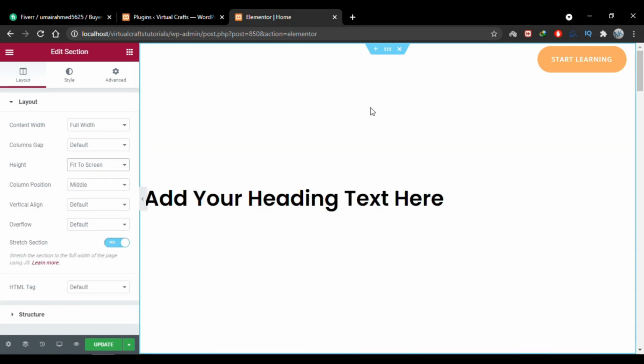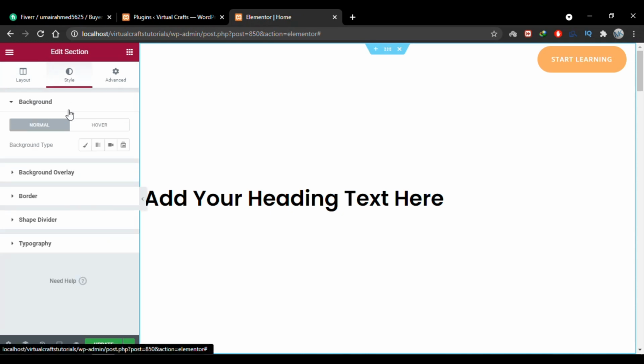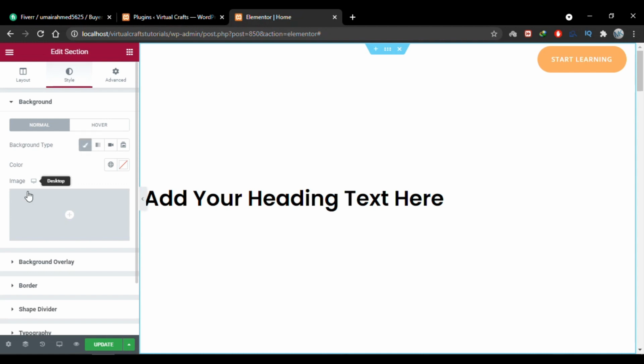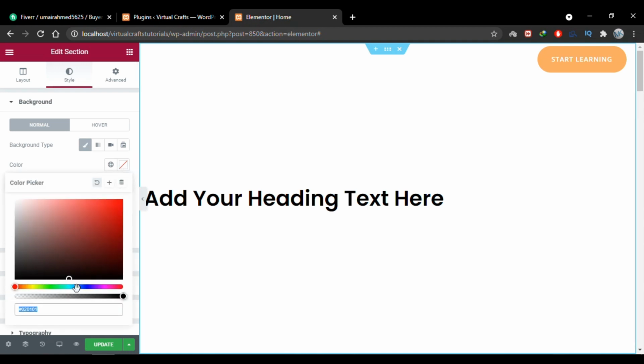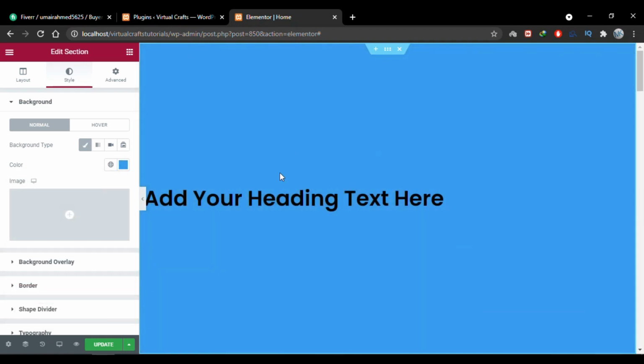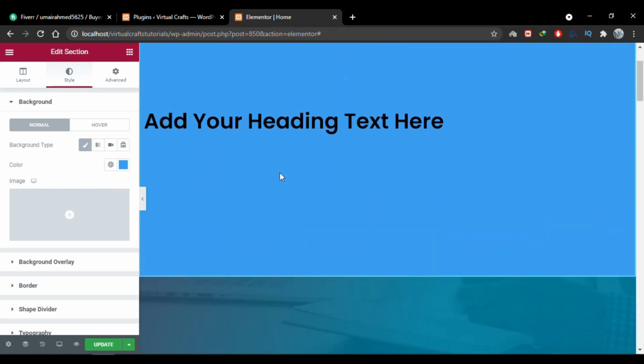Okay, now let's see how we can add 4 kinds of backgrounds to our section. Click this edit icon again, go to the styles tab, and the first tab you'll see is background. We have 2 states in it. We can customize our section background for normal state and for hover state. These are the 4 kinds of the backgrounds. Let's go with the classic first, and in this you have 2 options. Either you can select a color or an image. So let me select a color first. Let's say I choose this color, and you'll see that this color is now set as my background.